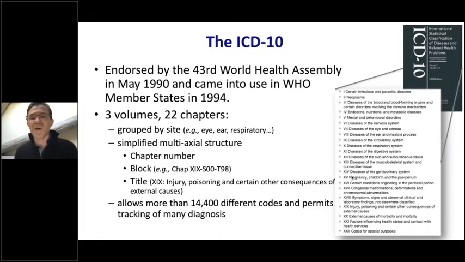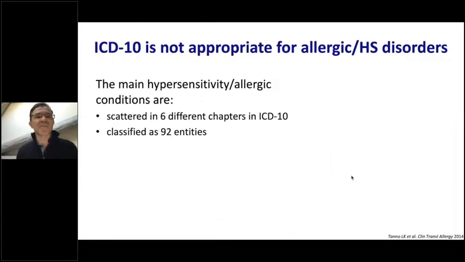If you go into details of the titles, you can see, for example, number 7, which is diseases of the eye and adnexa. And you can go down the list and see the famous, for us allergists, chapter number 19, which is called Injury, Poisoning, and Certain Other Consequences of External Causes, which is quite vague. And that is where our anaphylaxis disease is.